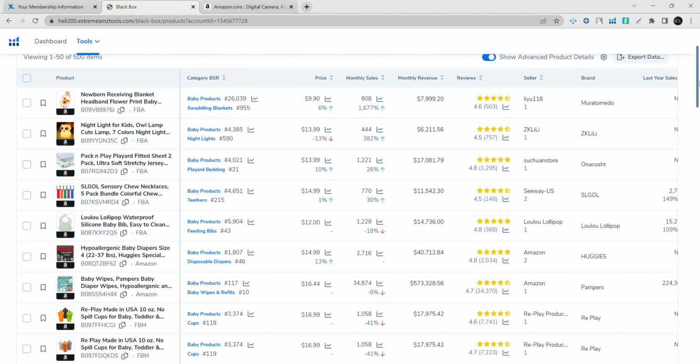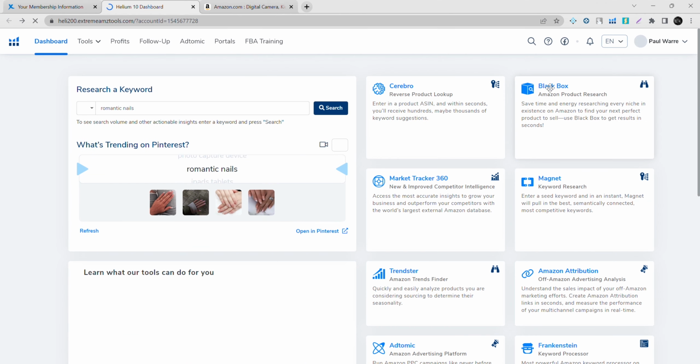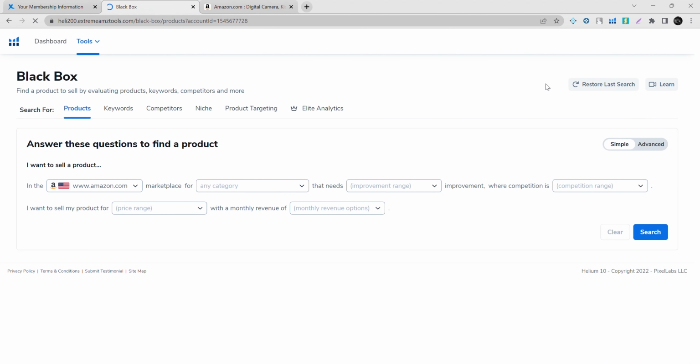For example, I want to hunt in the kitchen category or in home appliances. Then what I have to do is follow the same steps. Just go to your Helium 10, log in, then go to Black Box, select the marketplace, go to advanced,